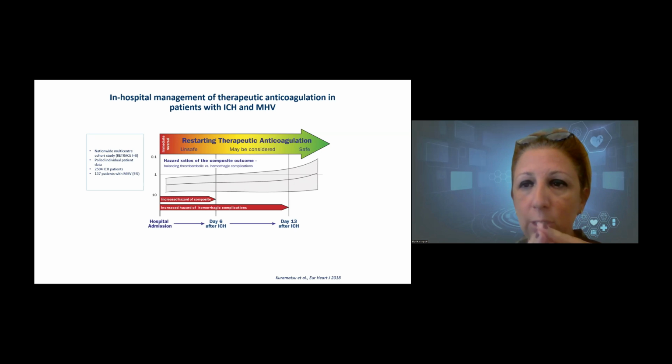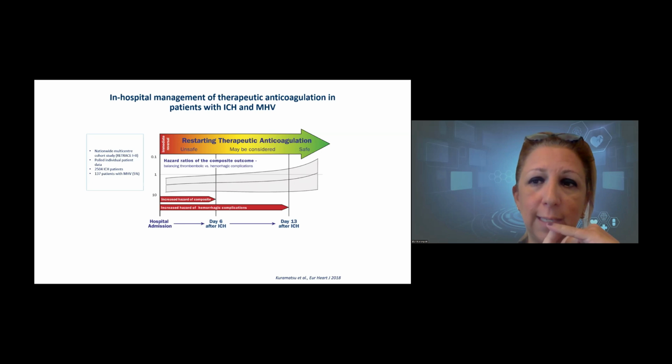And of course, the decision depends on the type of the mechanical heart valve, and patients at especially high risk are considered the patients with a mechanical mitral heart valve and concomitant atrial fibrillation. Patients with a mechanical aortic valve without atrial fibrillation can restart